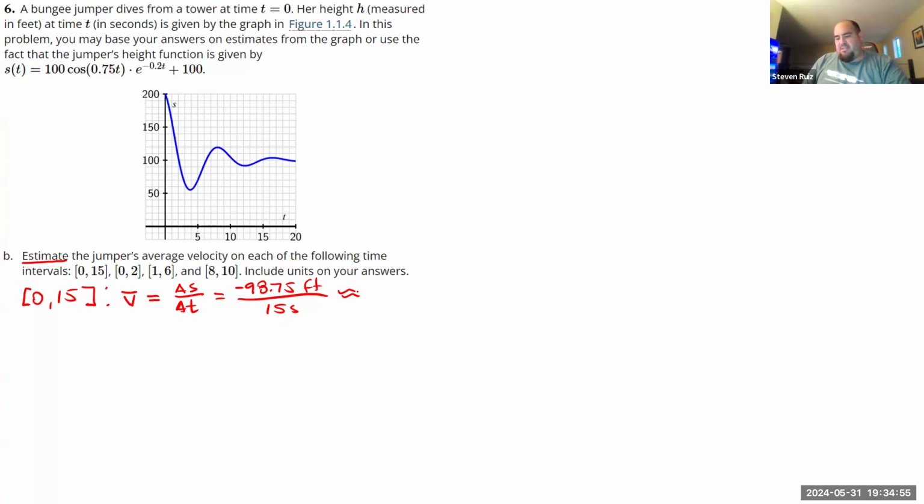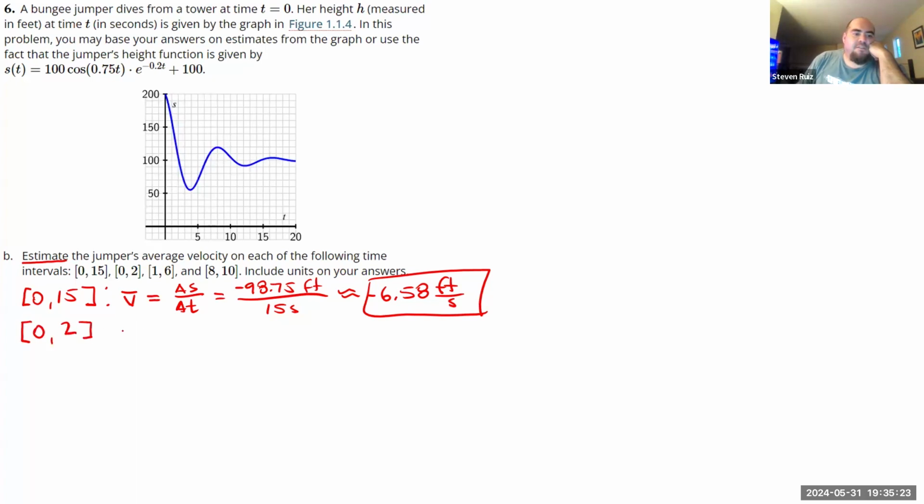98.75 divided by 15 is negative 6.58. So what does it make sense for the units to be here? Well, I'm talking about a change in position measured in feet, divided by a change in time, which is measured in seconds. So it makes sense that our rate should have that unit, negative 6.58 feet per second. Okay, so let's look at a much tighter